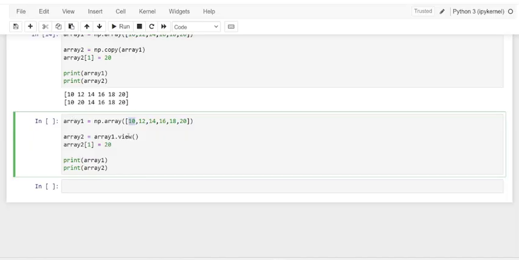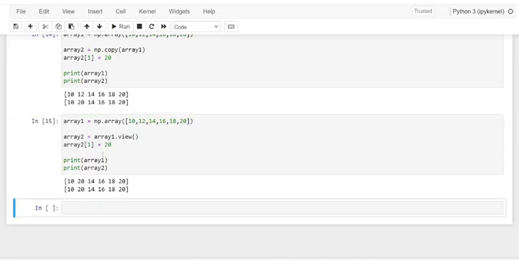We are going to create a view of array1 as array2. And here we go with 20, where we change only index 1. And index 1 has been changed to 20. So, of course, we know that array2 has a modification. And kindly see here, dear friends, as we have changed array2, of course, we are going to have changes in array1 also, because it is all about the view.